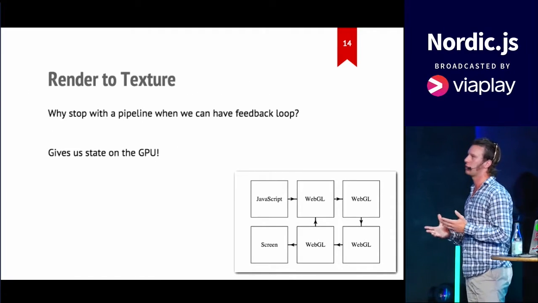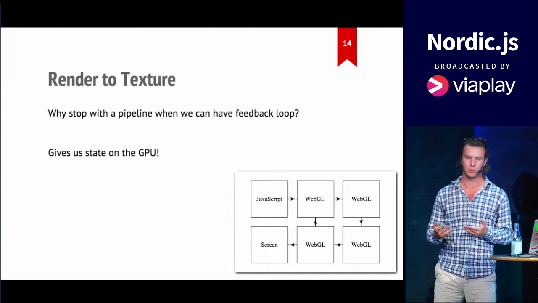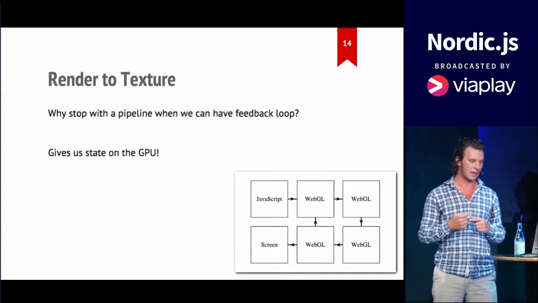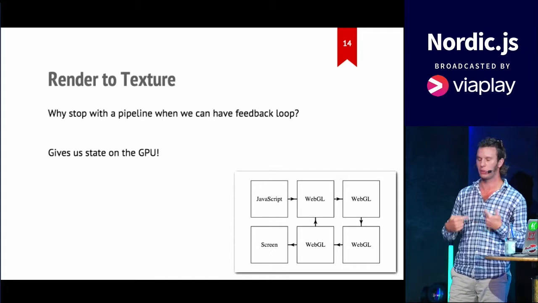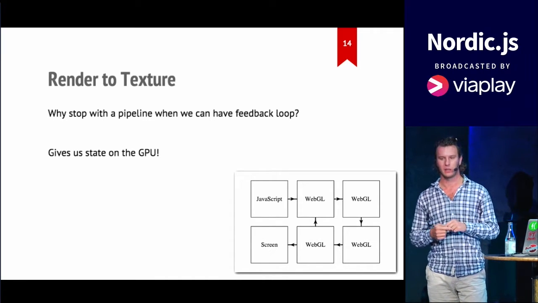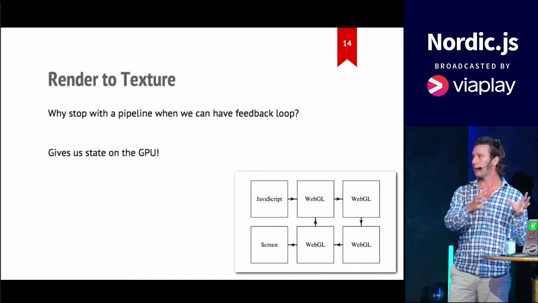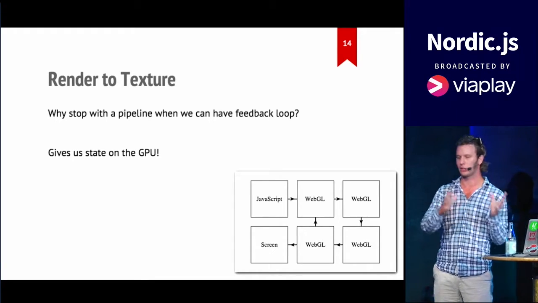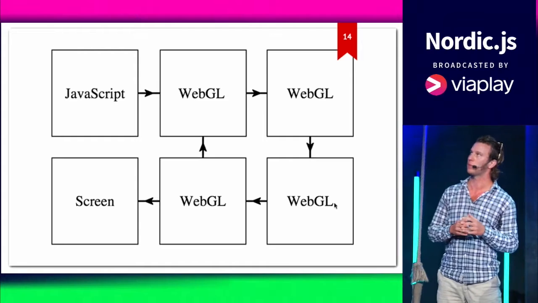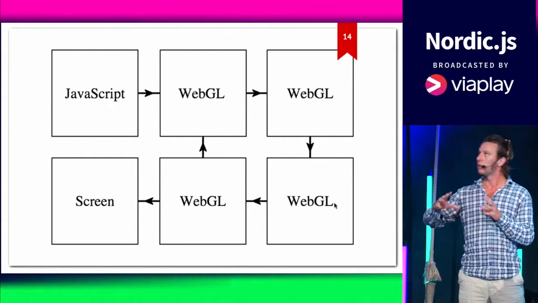But why kind of stop at this stage? We can go one step further with this rendered texture technique and actually set up a feedback loop that is purely on the GPU. So not just taking some states that we have on our JavaScript side and passing it through some processing stages on the graphics card. We can set up something that looks like this, where we initialize our system from JavaScript and then set up